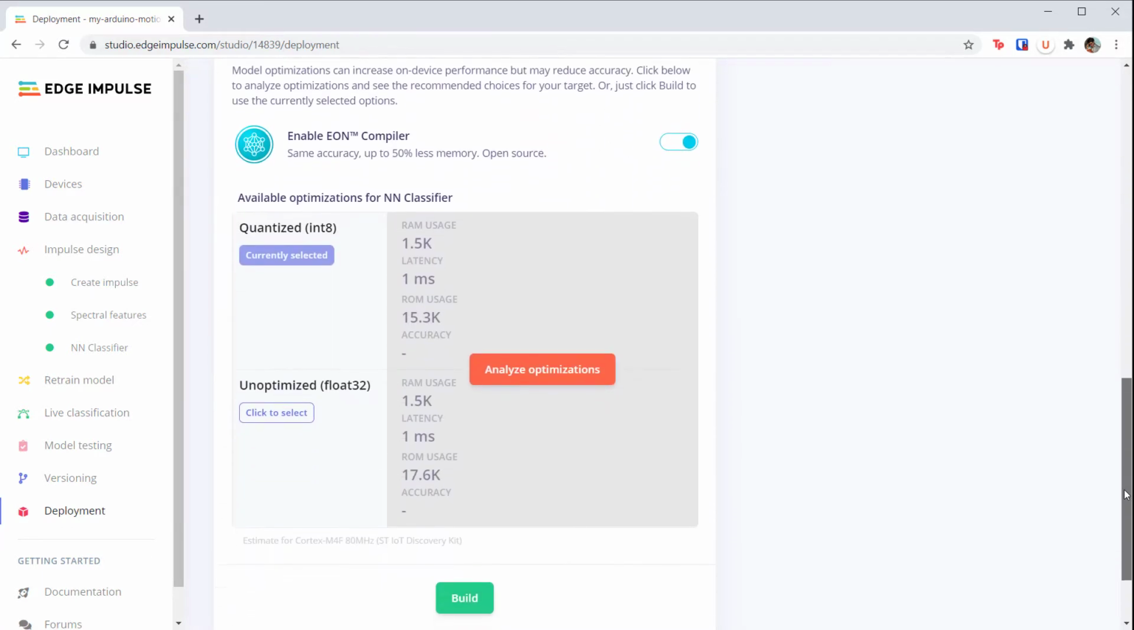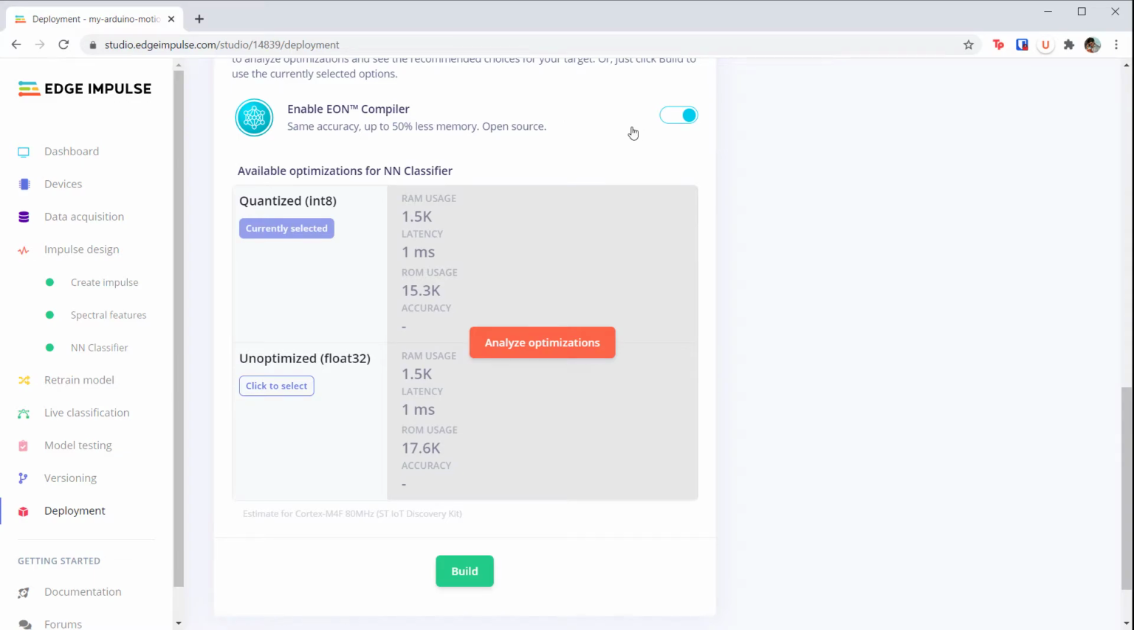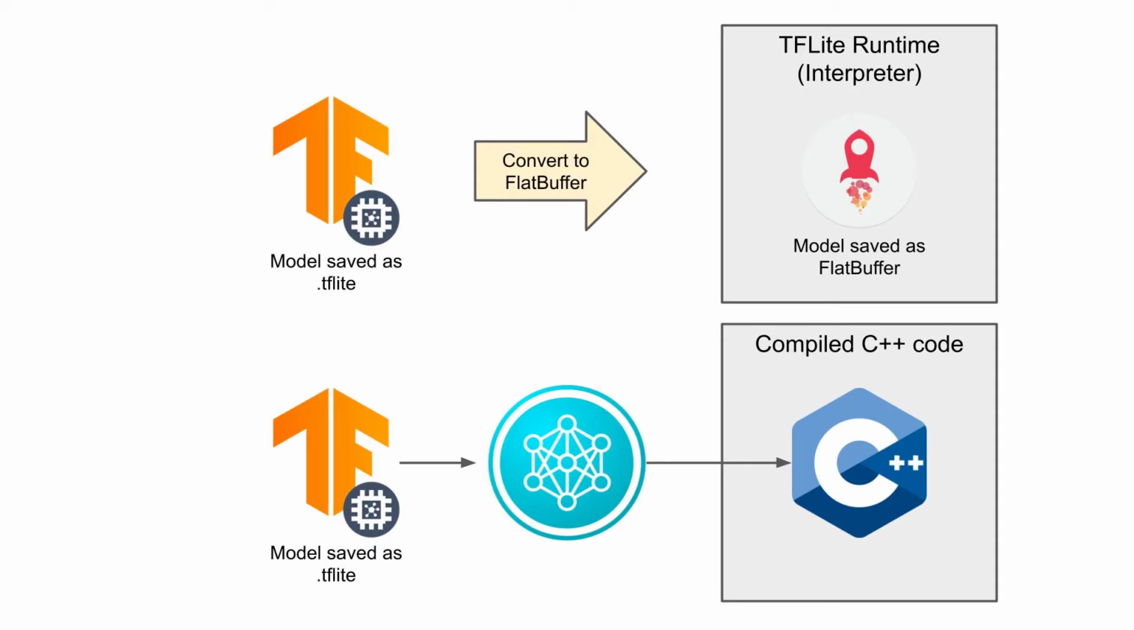Keep the Eon compiler enabled, but let's chat for a moment about what that does. By default, a trained TensorFlow Lite model is converted to a flat buffer, which is loaded at runtime. The operations stored in the model are read and executed by an interpreter. The interpreter, at least the one for microcontrollers, was written in C++. Edge Impulse developed the Eon compiler based on work by the TensorFlow Lite community. Eon compiles the TensorFlow Lite model into C++ source code, and as a result, it saves RAM and flash space on the target device. Unless you need to use the base TensorFlow Lite interpreter, I recommend leaving the Eon compiler